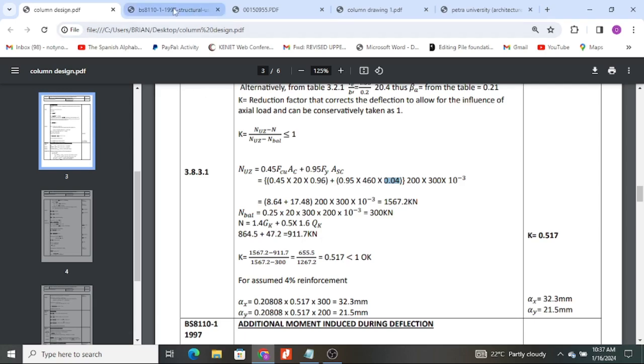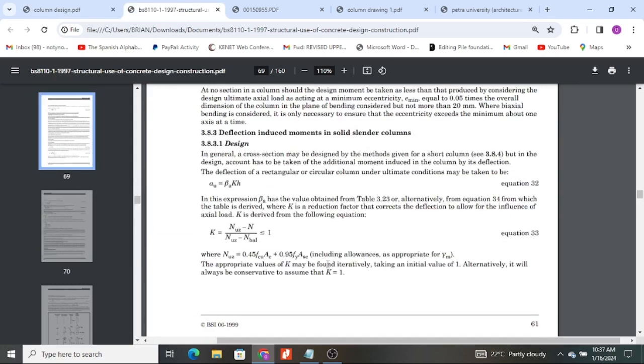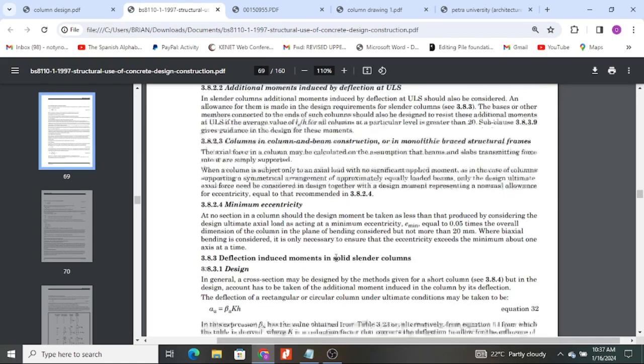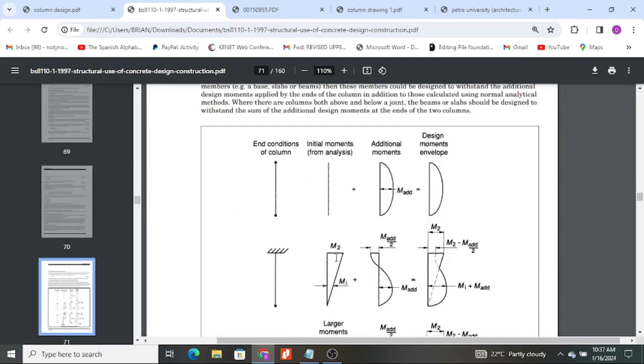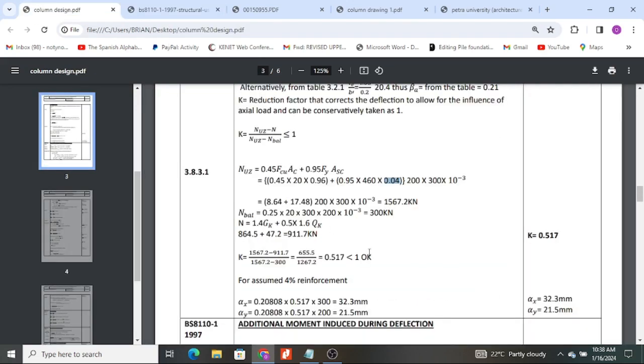We will come across it as we proceed with this. I did not include the clause, but we will come across it. Having obtained that as 300 kilonewtons, you now proceed to determine the N. N is the normal one, but you need to reduce your live load by 50%, and this gives you 911.7 kilonewtons. Having found this, you subject them to this formula,